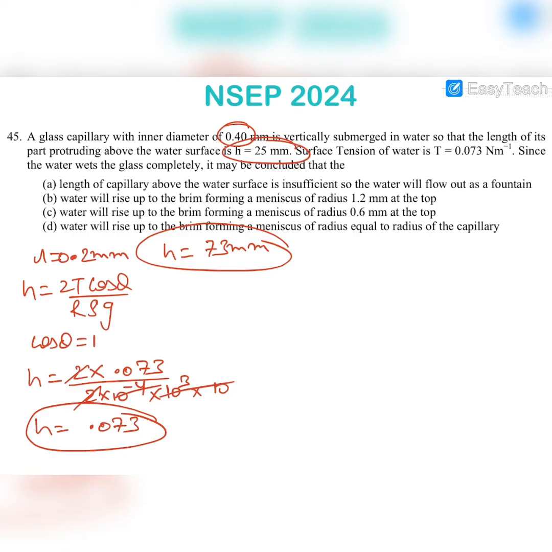In fact, the meniscus adjusts itself so that water does not spill out, and we know that H1 R1